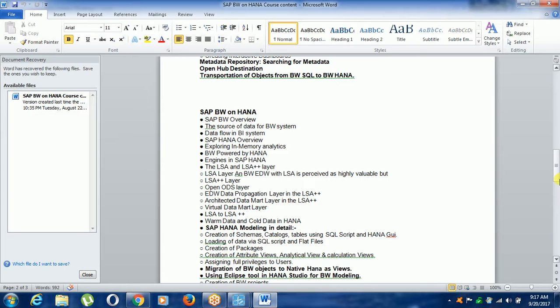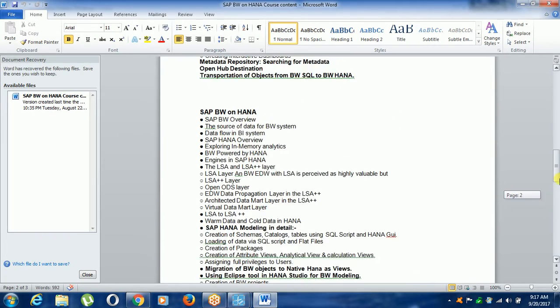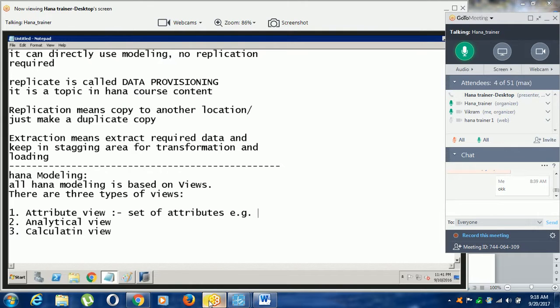The second is called the analytical view. The third is called the calculation view. Attribute view means a set of attributes, for example, master data attributes.